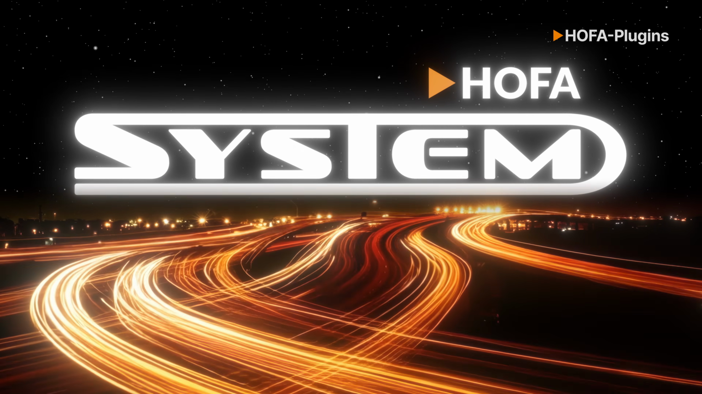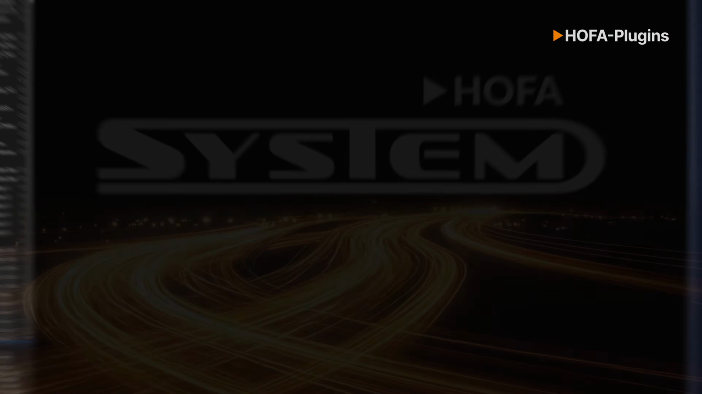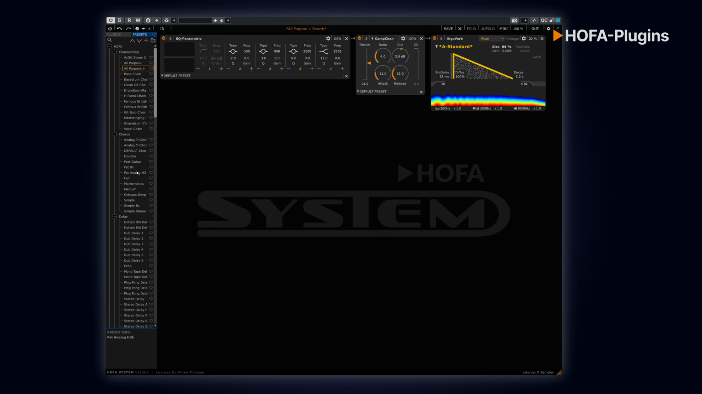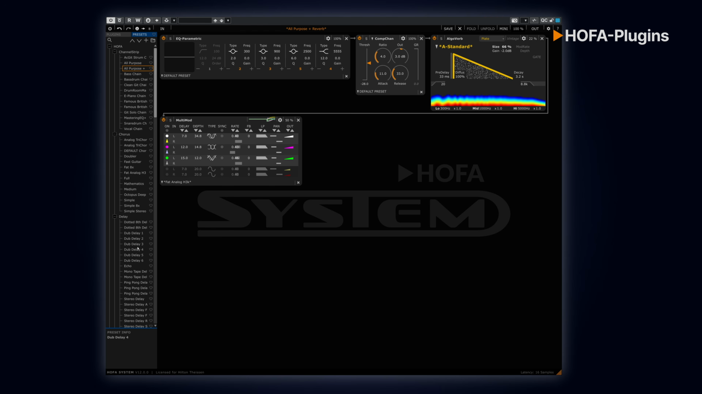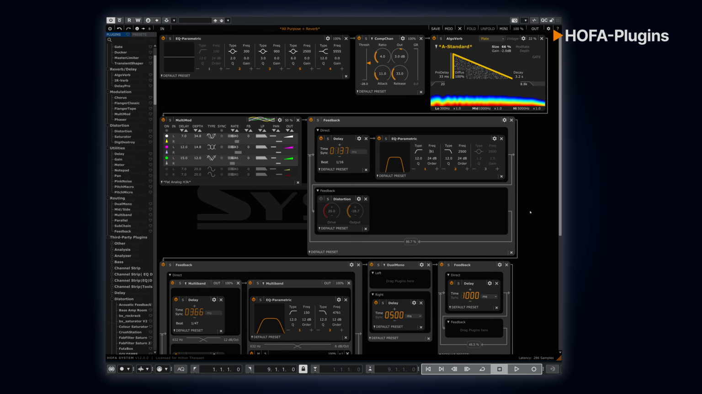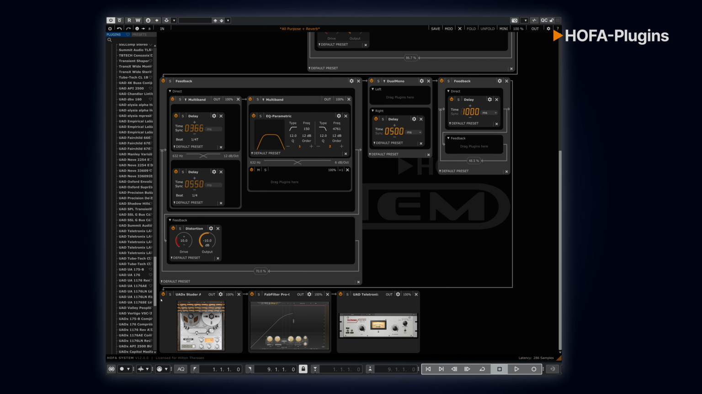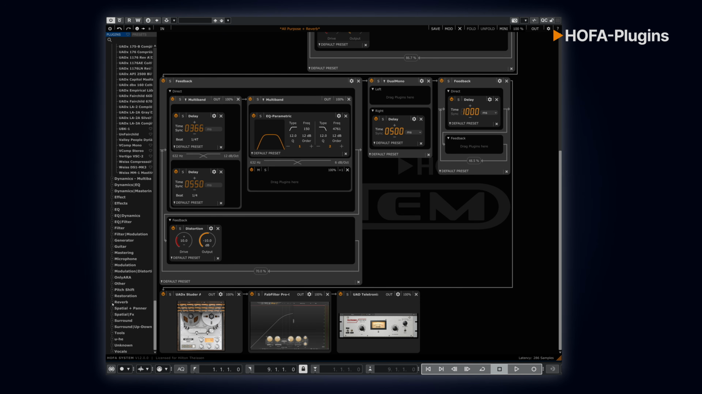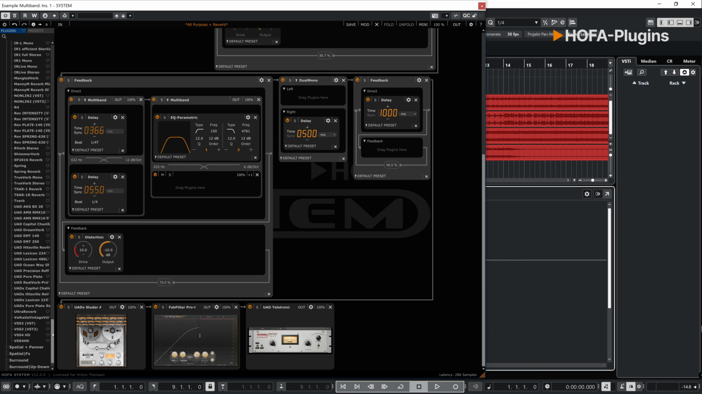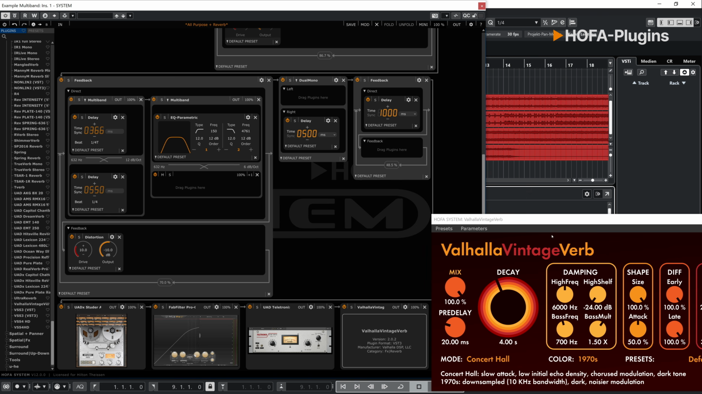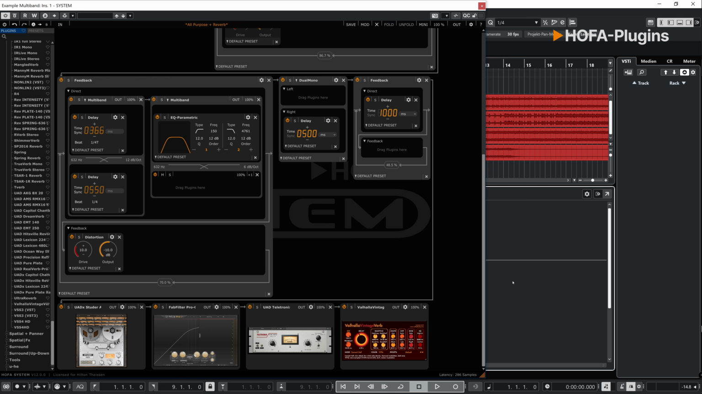HOFA System is a modular plugin system in which you can combine 35 HOFA plugins to create custom effect chains and innovative routing configurations for optimal sound processing. From now on, it is also possible to integrate third-party plugins. This means you can work with your favorite plugins from various manufacturers in a new, groundbreaking way that significantly expands